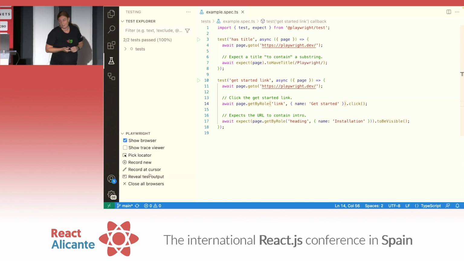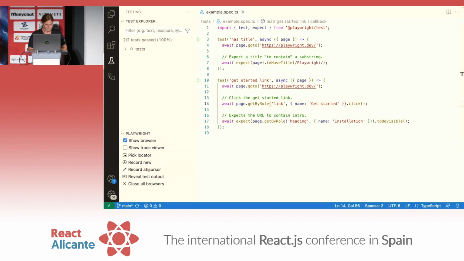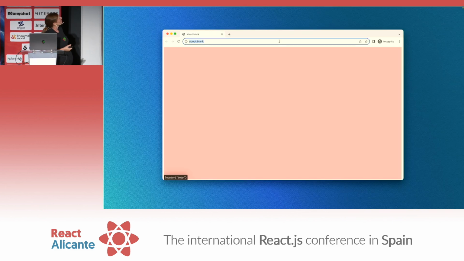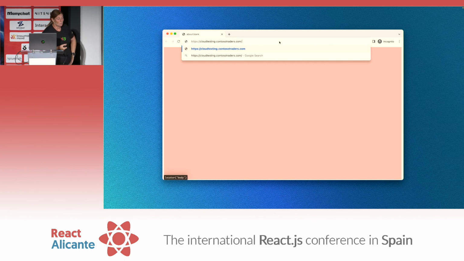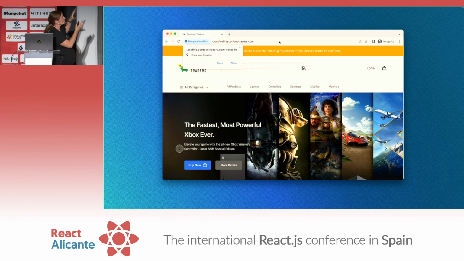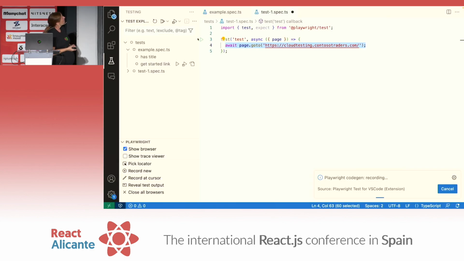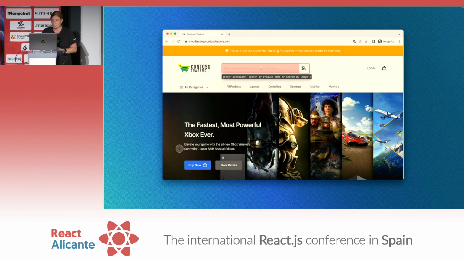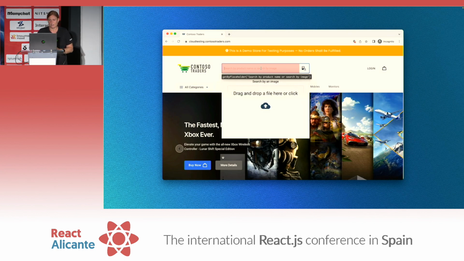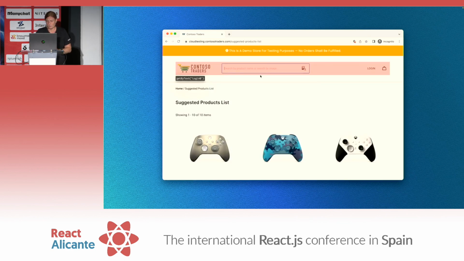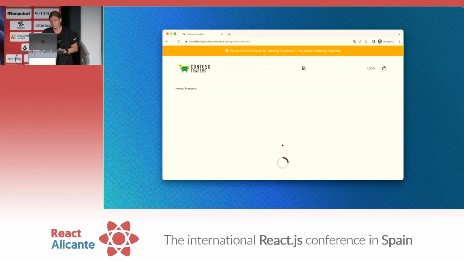So here's a little demo of CodeGen. Let me show you how it works. We're in VS Code, and we're going to click on Record New. You can see how it's opened up a test file for me. I'm going to put in the website I want to test. And this is the little inspector window that I'm going to run the test on. So here in VS Code, I've got my test1 spec file, and it's already put await page go to this URL. Perfect. So what we're going to do is search for a product. Let's buy an Xbox controller, for example. So we write that in here. And I like this one in the middle. It's really cool. So let's click on that one.